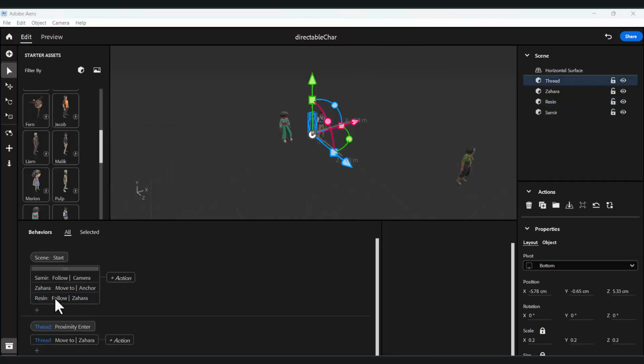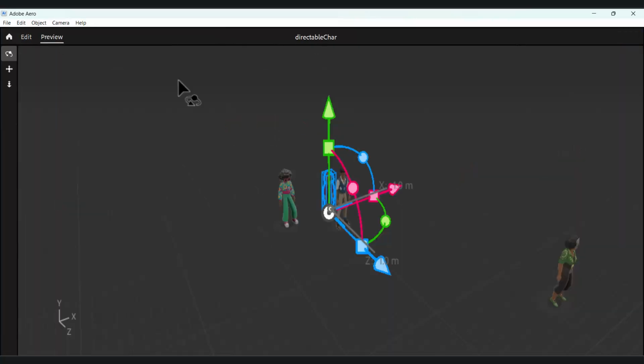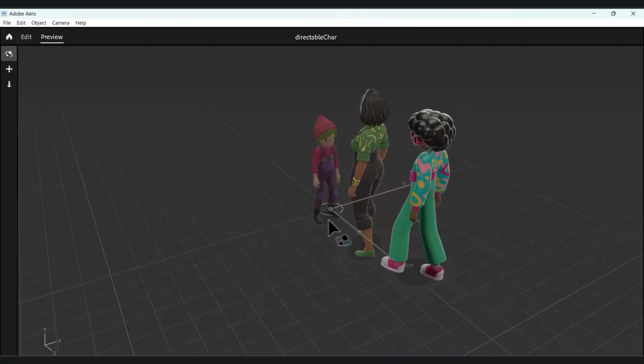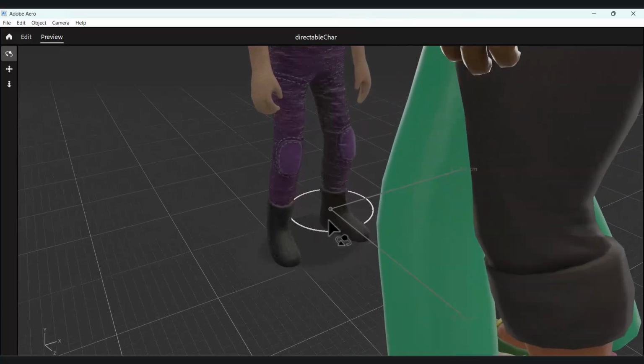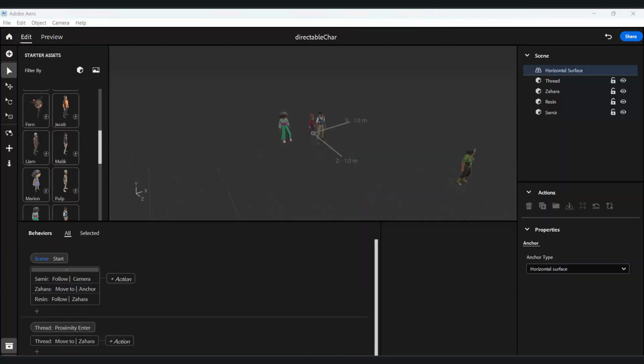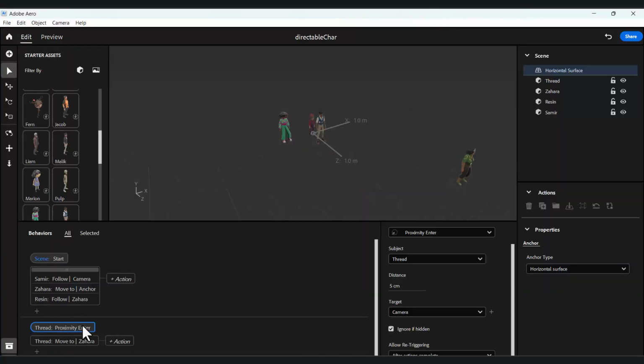Okay, so let's make Zara follow the camera or follow Summer. So our location is going to be Summer, and then we'll let thread also follow Zara. Okay, so that's it. So if we preview now, all our objects should be moving, not randomly. So I'm going to change the proximity for thread. So it's not going to be a proximity. So you want him to just